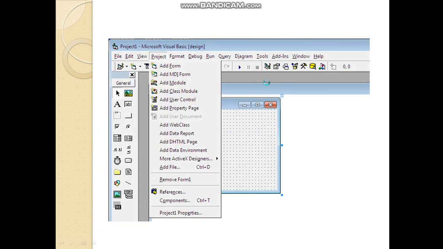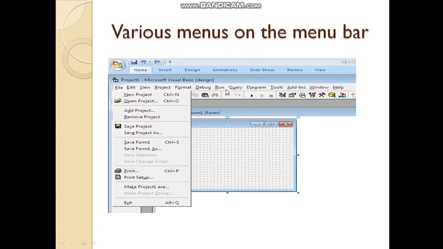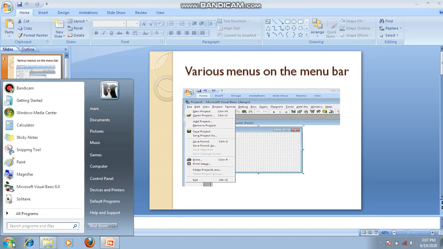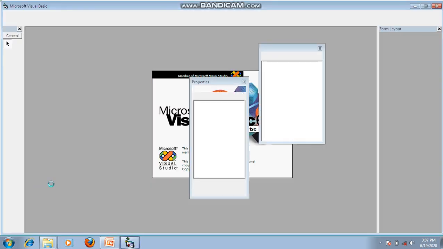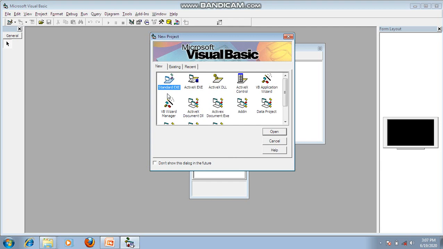Okay, now I will show you all these options by opening Visual Basic. Here I am opening Microsoft Visual Basic 6.0, which is directly available on the start button. When we click on the start button, it shows Microsoft Visual Basic 6.0. Simply click on it and the VB application will open.